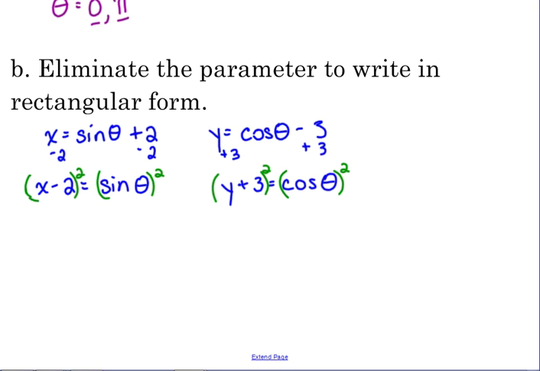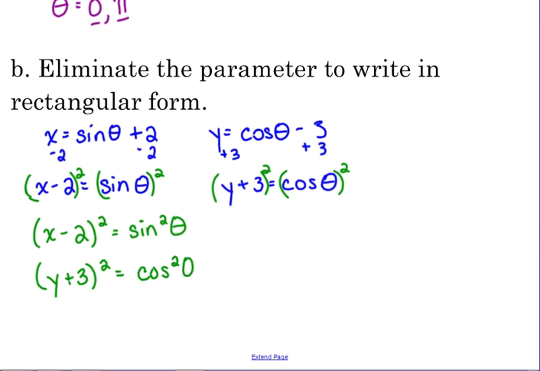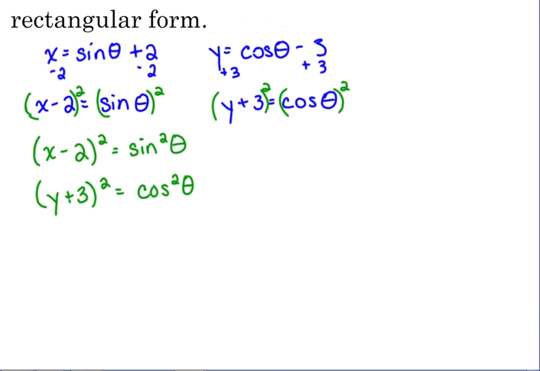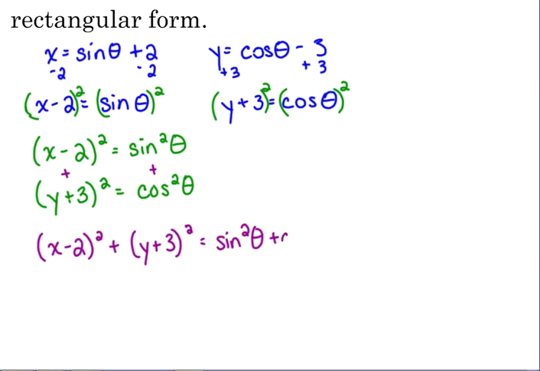Now, we're not going to FOIL it out. We're going to leave it as x minus 2 squared is equal to sine squared of theta. And I'm going to write this one below it now, because what happens next is we're going to add these two equations to each other. So we're going to add the left side, we're going to add the right side. So we've got x minus 2 squared plus y plus 3 squared is equal to sine squared theta plus cosine